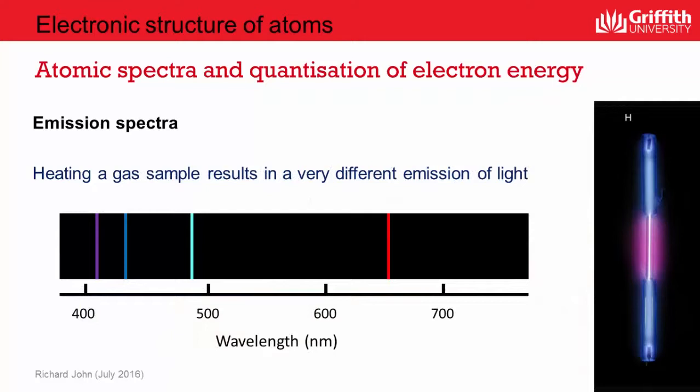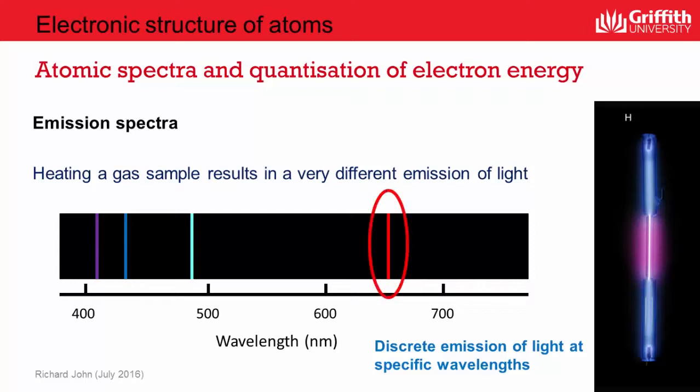Now, when we heat the atoms of gases rather than solids, we see something quite different compared to the solid state. What we see is the emission of light colours in discrete, non-continuous bands. For example, the emission spectrum of hydrogen atoms in the gaseous state shows visible lines or bands at wavelengths around